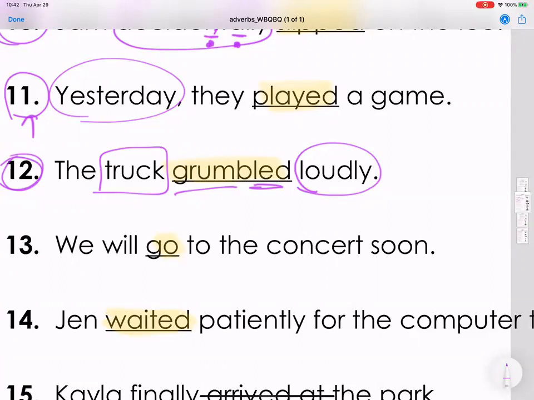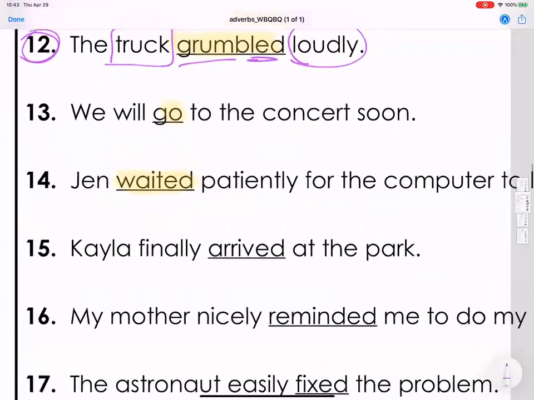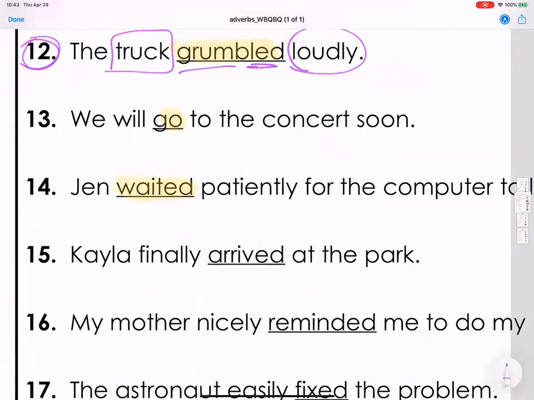So yeah, right though, Jessica. You can grumble about something and complain. But the truck did that because it's very loud. My stomach was starting to grumble horribly. Making noise. Good. All right. Number 13. Natmani, are you there?